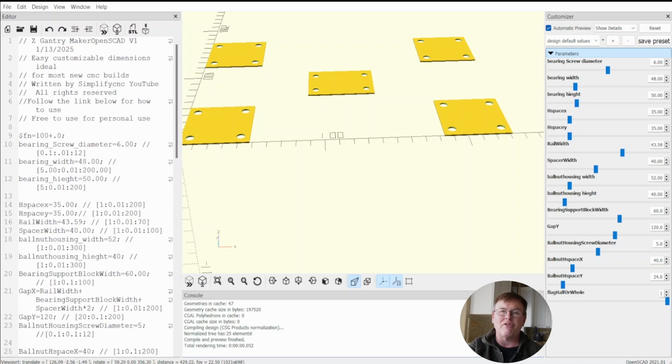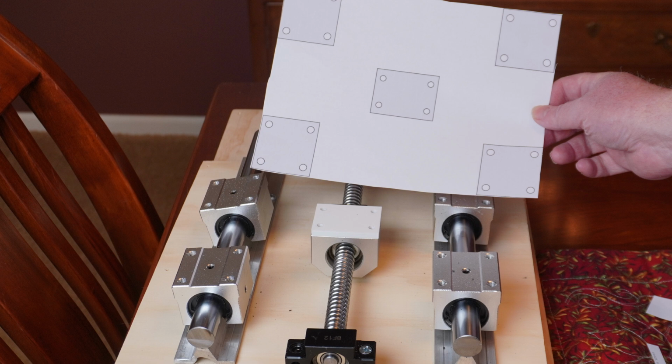Good news is I'm going to give you the script below my YouTube video that you can paste into OpenSCAD, and you can run this and you can have a pattern in just a couple minutes that is perfectly customizable